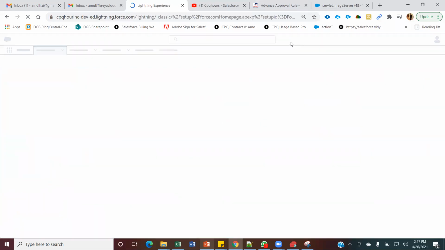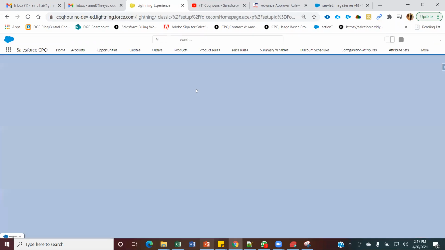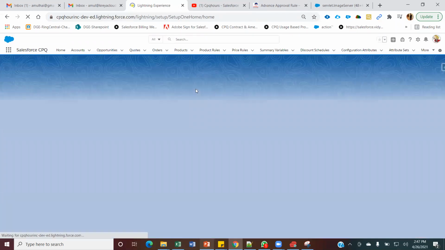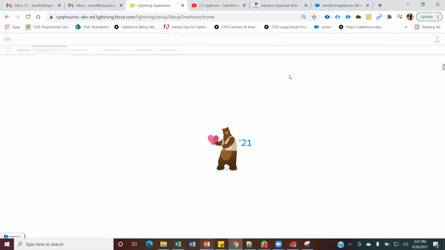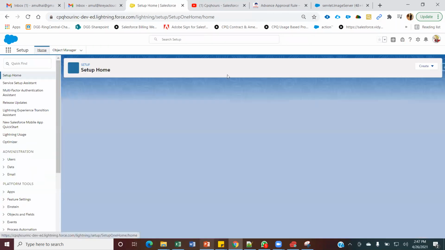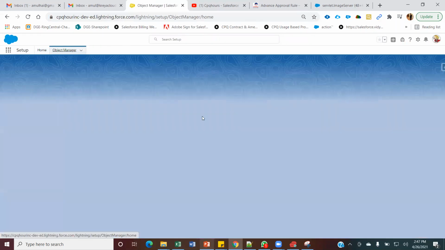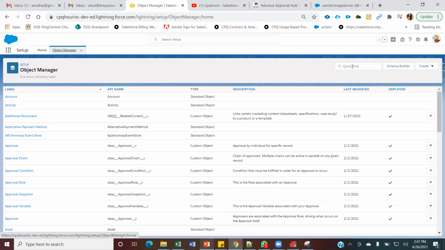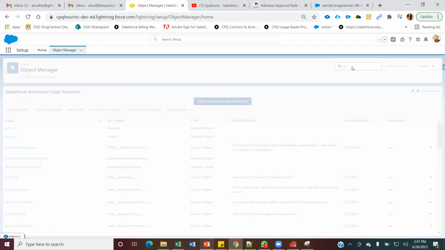Let me quickly switch to the Lightning experience first. Go to the object manager, search for the quote line.